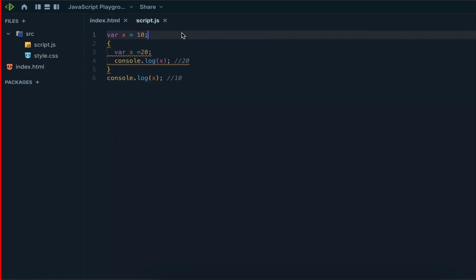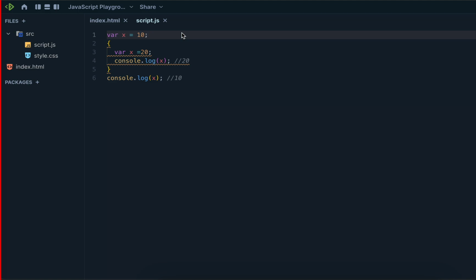What will happen now? Kaustub, Preetham, Yuvraj. First one is 20.